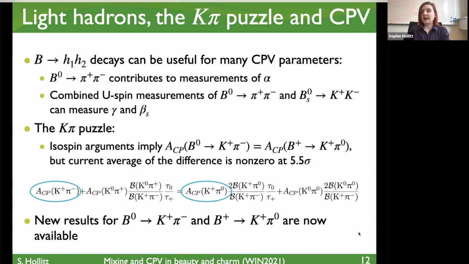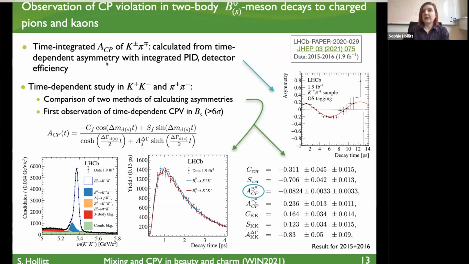So what we actually have is some updated results here. First of all, if we take a time integrated study of the CP violation in K pi, we see this lovely effect. This particular plot is from the opposite side tagger, and that gives us this result here circled in blue. This is the CP violation in D0. So that will be useful for looking at the K-pi puzzle in a minute, but this paper also includes a